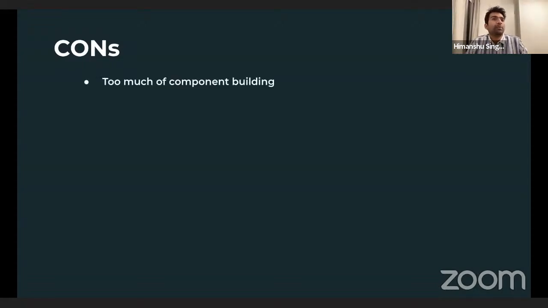Too much component building. See, as fancy as server-driven UI sounds, for every basic thing you have to do on your app, you have to build components for it. A text component, a banner component, like we talked about the in-app banner of Firebase, you still need to build a component for it, right? Because basically you'll pass on the data. Or you create maybe, let's say, a renderer or something, but still you need to have a bare bones